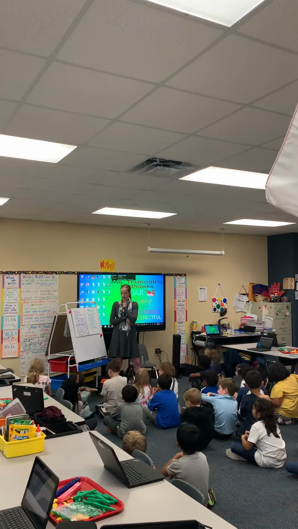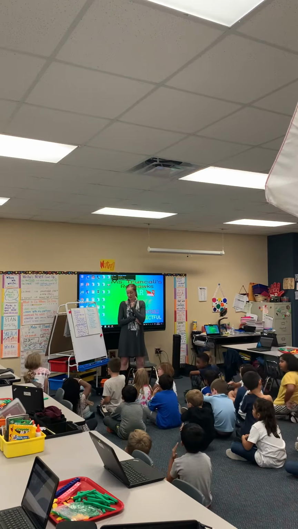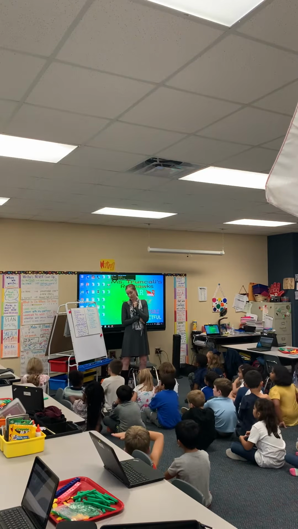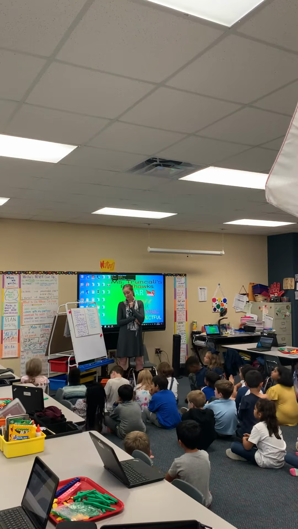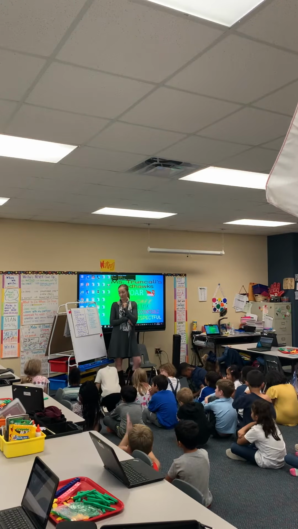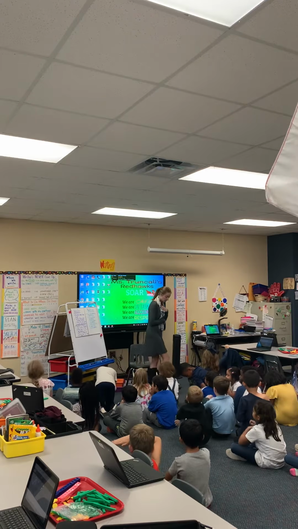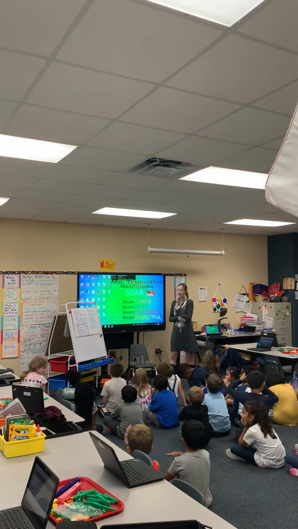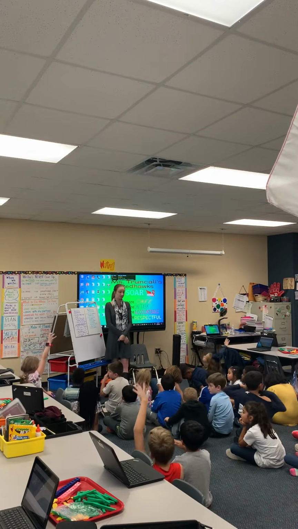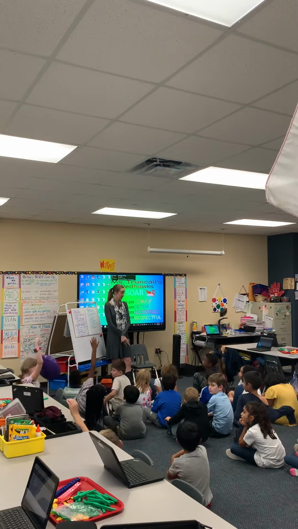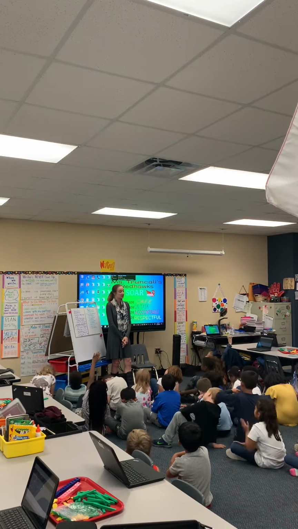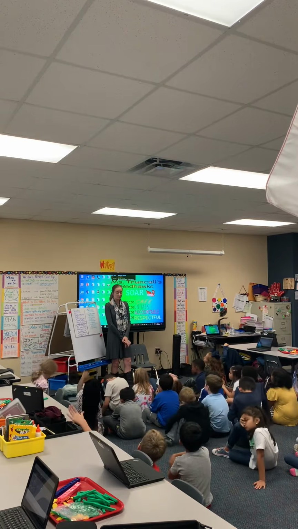Olivia, what do you think about when you hear the word compare or comparison? What do those words mean in math? Comparison could mean only compare, but while comparing. Now, what do you think when I say the word difference? What does the word difference mean in math? Parker? Different things, different numbers. Different numbers.